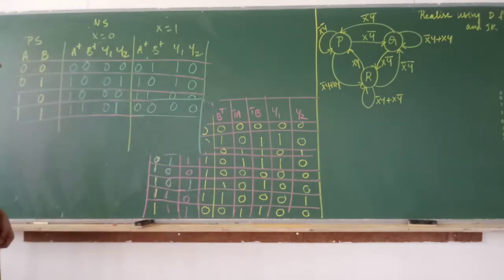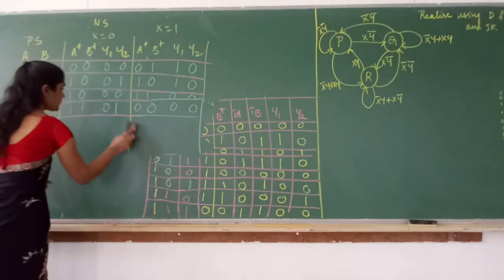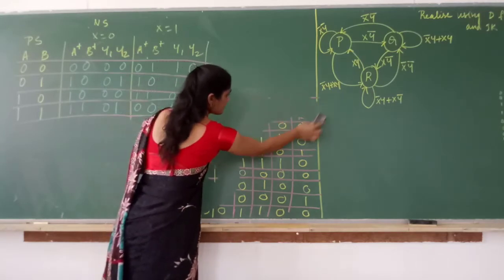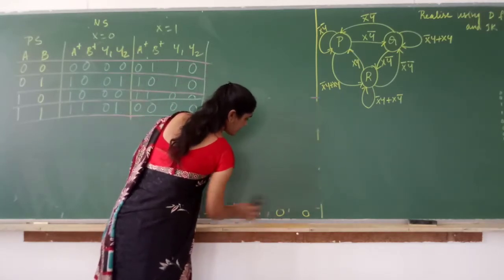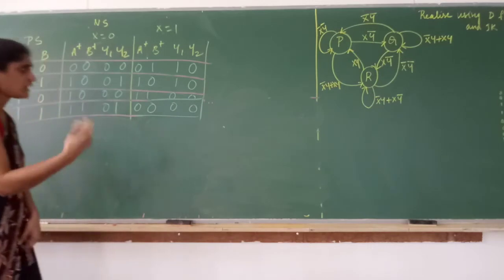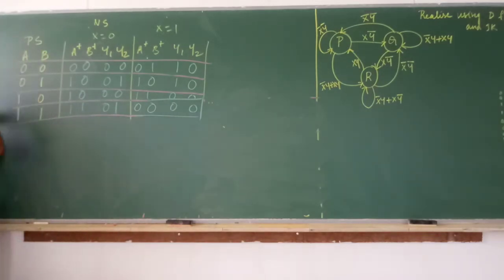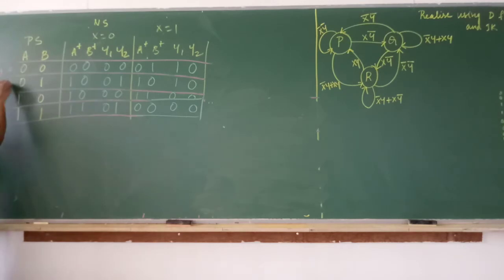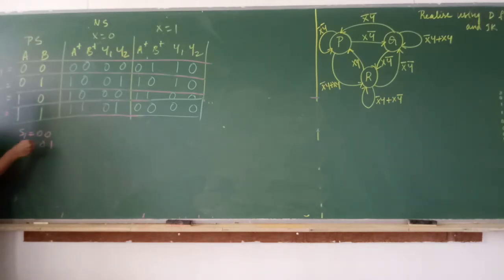Okay. So this is what is called the transition table. Now, how do we write the state table? The state table is nothing but the transition table where each state is given a name or a variable. Let me call the state 0, 0 as A, or you can call it S1, S2, S3, S4. S1 is state 0, 0. S2 is state 0, 1. S3 is state 1, 0. S4 is state 1, 1.